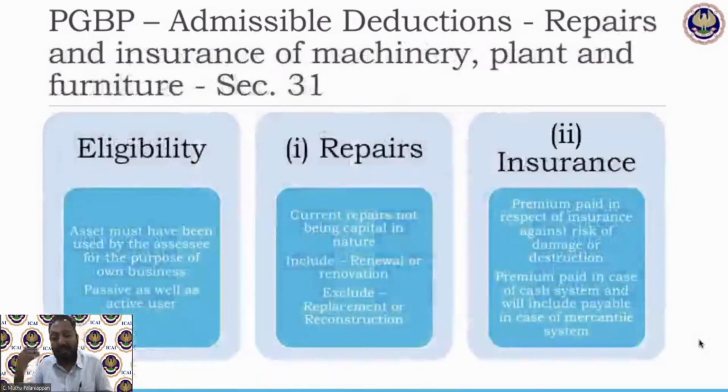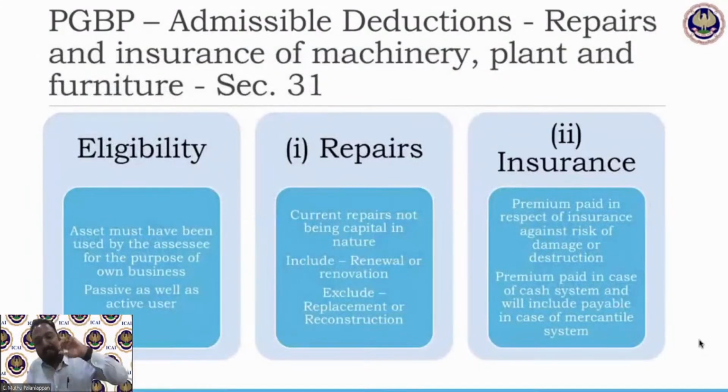So we'll move on to section 31. When we first discussed, we only discussed building. Now we are going to talk about other assets, machinery, plant and furniture, which are discussed in section 31. Same thing. Here, we are only talking about repair and insurance. Why? Because, of course, for machinery and plant, there are not going to be any rates and taxes. There might be rental